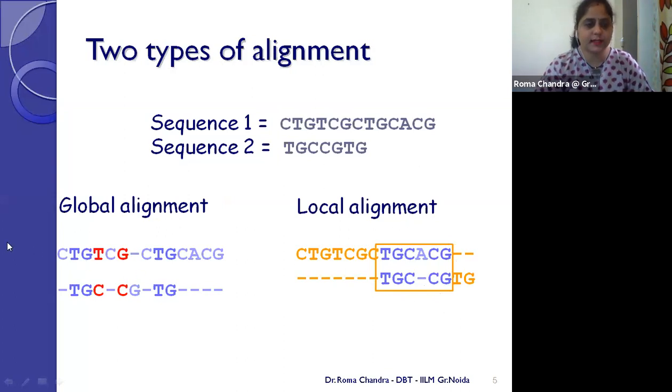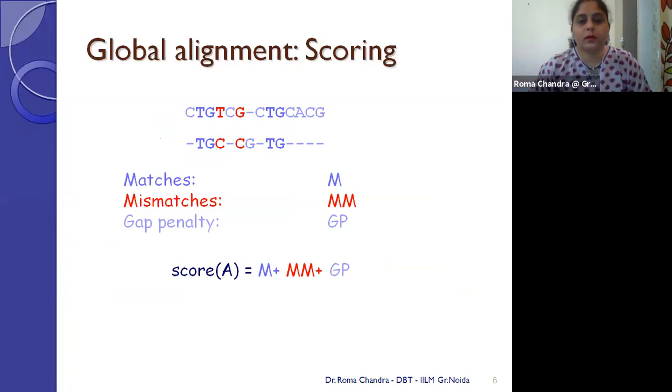Okay, whereas in case of global alignment, we will consider from one end to the other end. While going with the study of alignment under global type, we will study the whole sequences. Okay. So then I told you that we need to go for the calculation of our alignment score again.